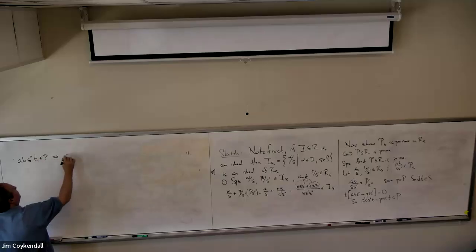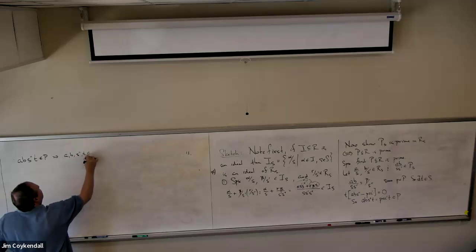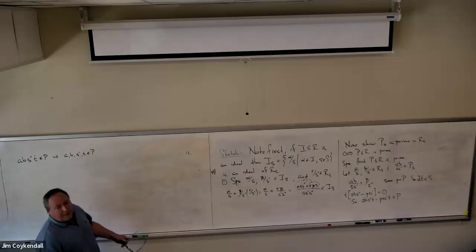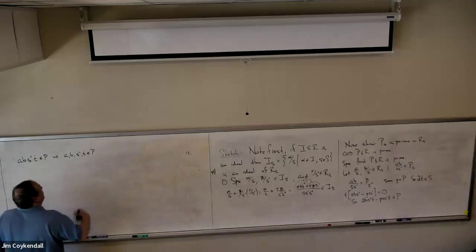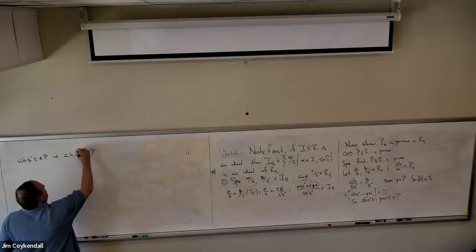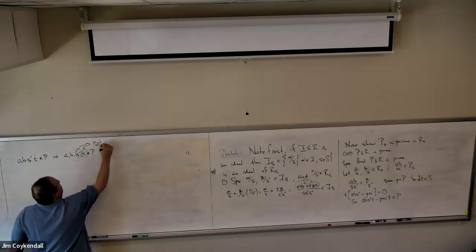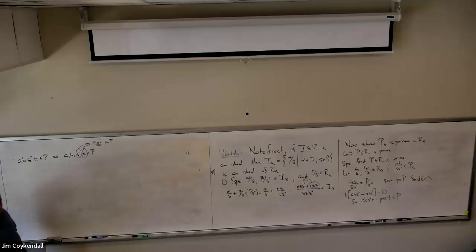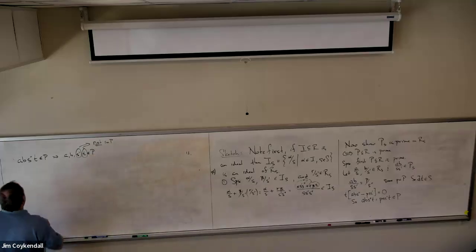This implies that a, b, s double prime, t is in P, because when a prime ideal picks up a product of things, it has to pick up one of the factors. Well, these two are not in P, because remember, we're assuming that P misses that multiplicative set S. These elements live in S, so they can't be in P. So this means